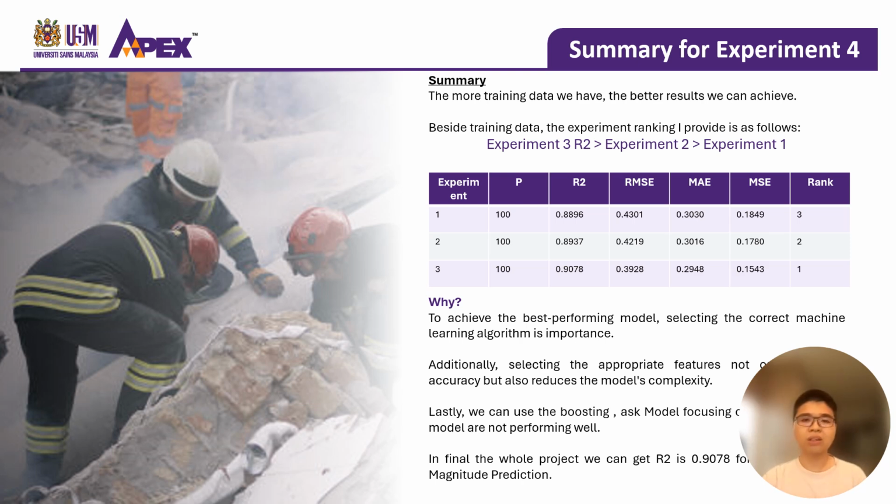In conclusion, combining experiment 4, which is the variant training data set, with experiment 3, which combines boosting, feature selection, and decision tree regression, allows the whole project to achieve the best performance, with an R2 score equal to